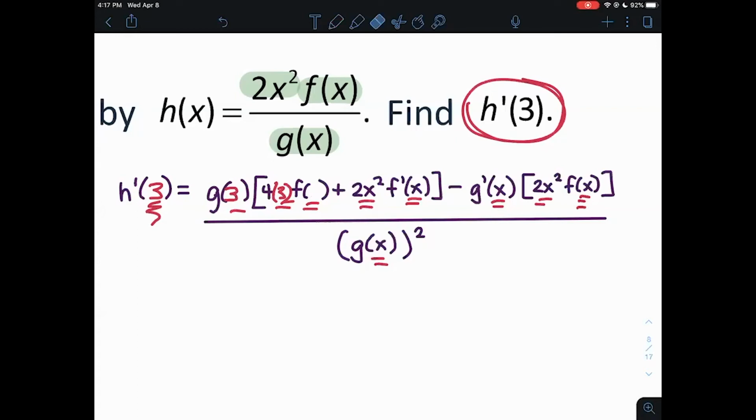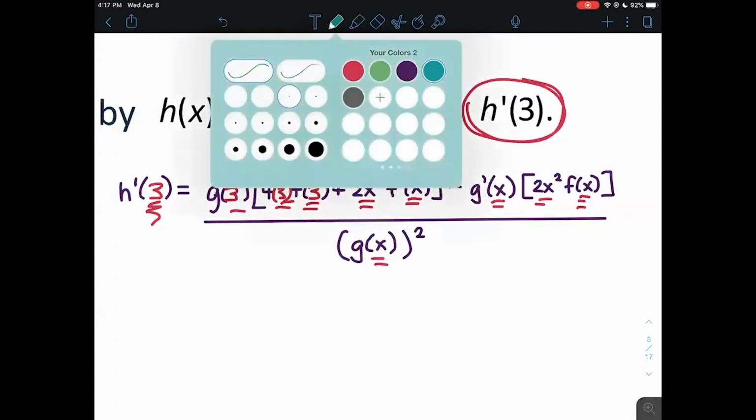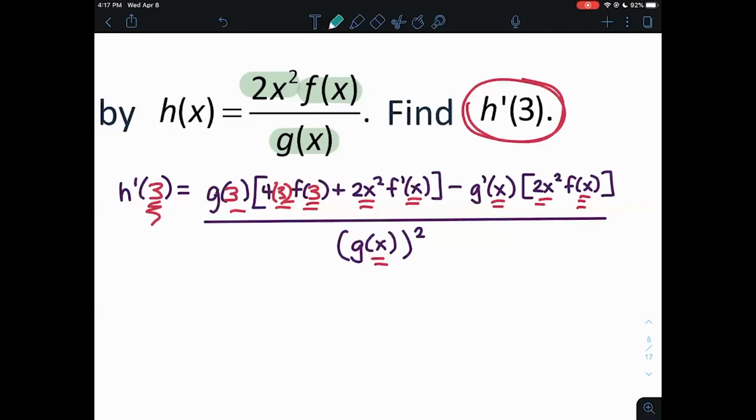But we are going to evaluate this at 3. So all of our x's become 3s. And look at what we have to know at this point in time. We're going to need to know g of 3. Great, that was in the original information. We're going to need to know f of 3. Great, that was in the original information. We also need to know f prime of 3 and g prime of 3. That's the key from the beginning. That's the key right here,